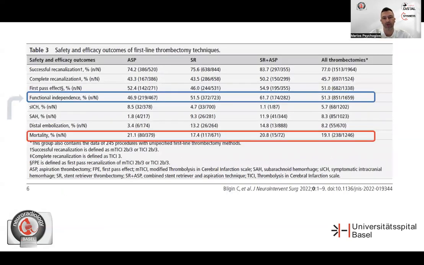And this is also shown in the functional independence, where you can see that the group that is performing better here is the combined group with 61% compared to 46% for the aspiration group. Again, this is no randomized trial comparison. This is a systematic review from multiple retrospective trials and papers. But it still gives you a direction, and I think we will be having more data from the randomized trials